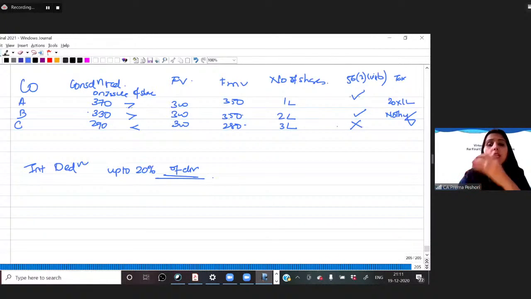I would suggest capital gain is very, very important. Keep revising and keep a lot of focus on capital gain, because a lot of easy questions are mostly asked from the capital gain topic itself. So keep your hold over that. So this is all for today. Thank you so much.